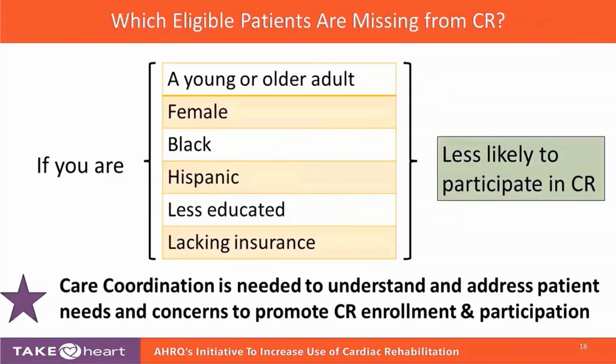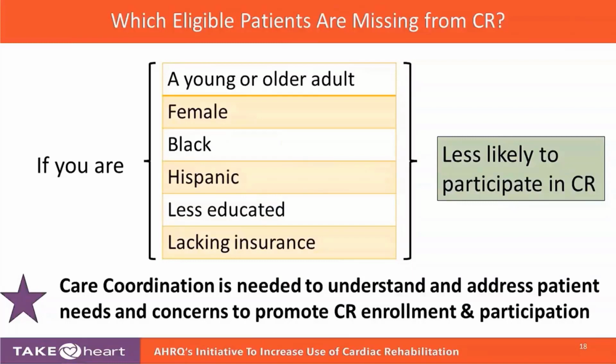One important thing to think about when you're trying to improve access to CR and improve care coordination is first thinking about who are the patients that are missing from your program currently. You may have a good idea of the patients that are getting to your program because they're the ones that don't need a lot of help. They show up, everything goes pretty smoothly. You're probably familiar with these people.